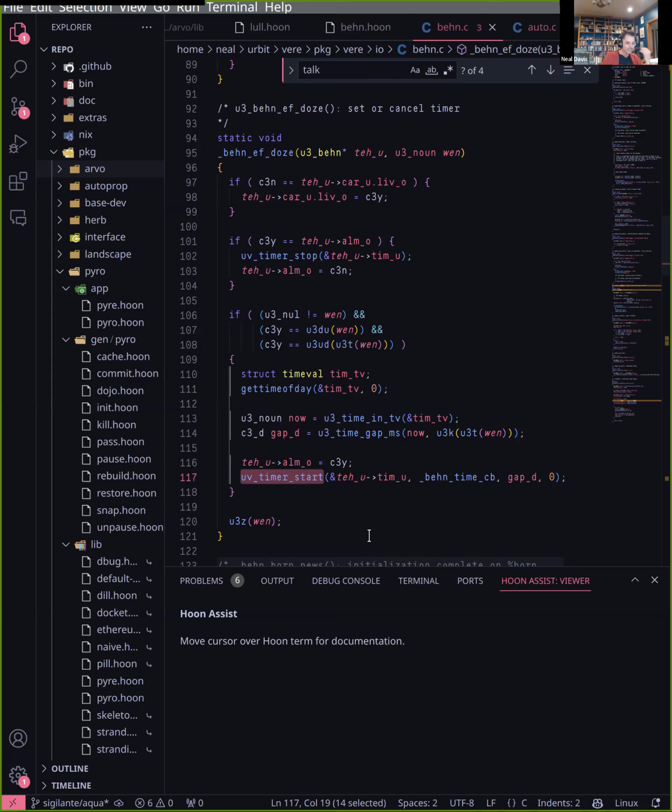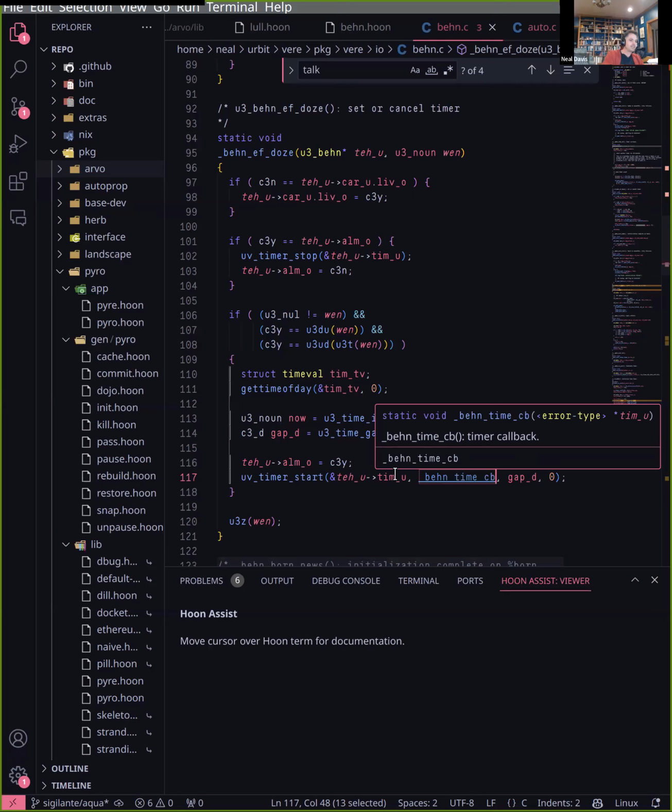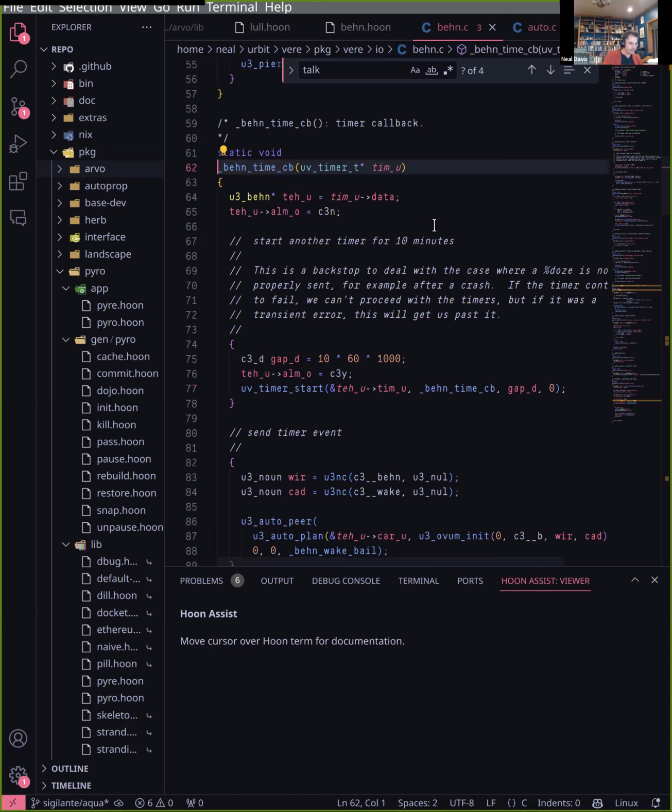So we are just telling libuv to set a callback at this time to Behn time CB. So we're telling it this is where our callback is going to come in. So when libuv, which is just the event loop handler, hits that time, then it is going to hit this callback function, Behn times CB, and this is going to